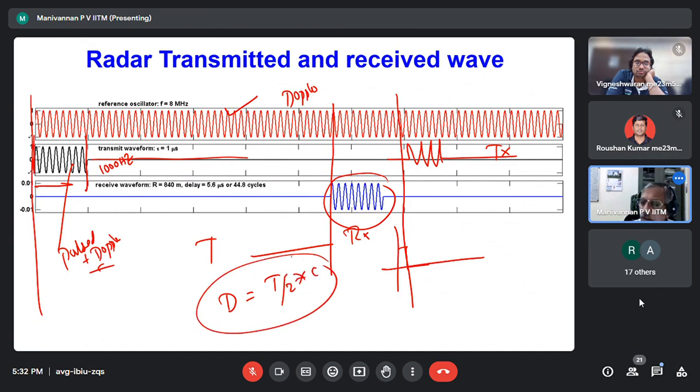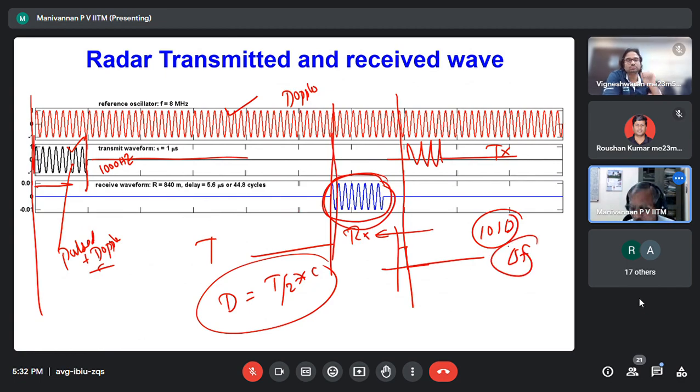This is one thing. But the beauty is, if I transmit a sinusoidal burst of frequency 1000 hertz, and the vehicle is coming towards you, what will happen? The received signal will not be 1000 hertz. It will be 1010 hertz. So I can find delta F. I will find T and also delta F. Because the transmitted frequency is 1000 hertz, and the received is 1010 hertz, because the vehicle is moving towards you at 10 km speed. So using this, I find the distance. Using this,